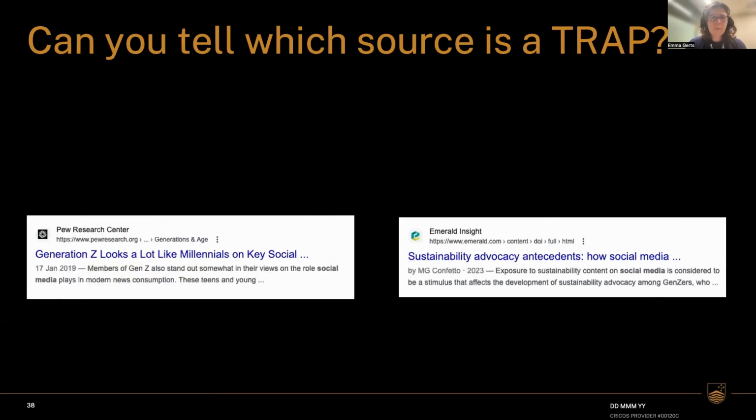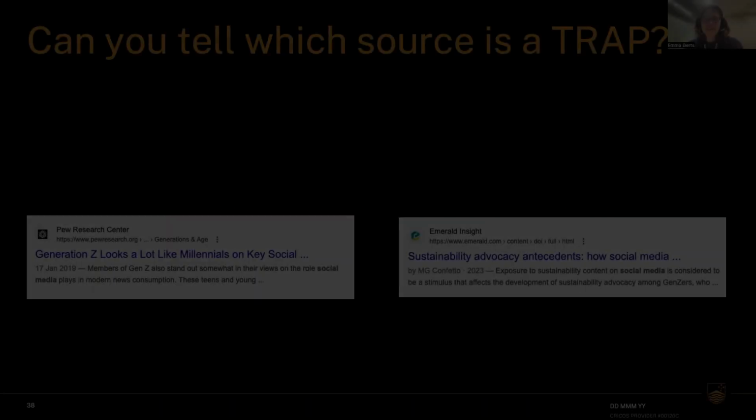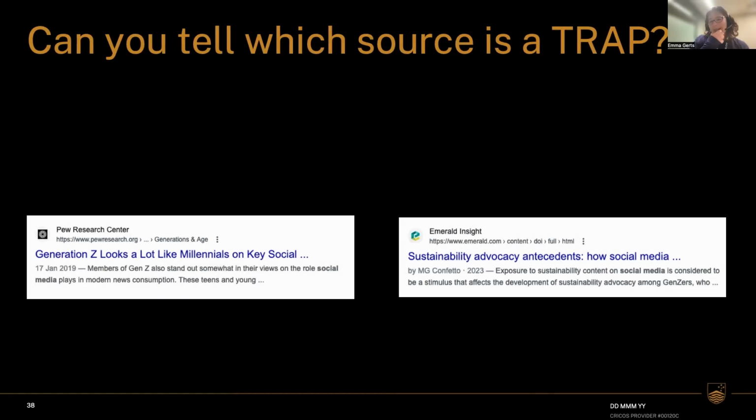All right, one more. Which one of these two sources do we think is a trap? If you want to elaborate on why you think so, please feel free to do so as well. All right, so everyone seems to agree mostly, except for Sarah, that the one on the right is a trap. But